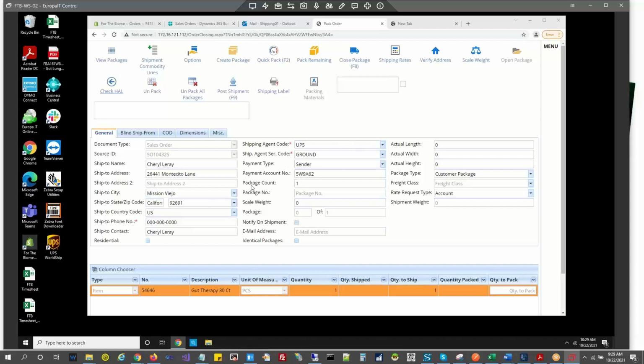Actually, based on this order, I want to show you how we can process it in different ways. When the order is loaded, we can process this complete order as a single package. If it is a single package item, we can use the quick pack option. With that, all the line items on this order will be packed as a single package.